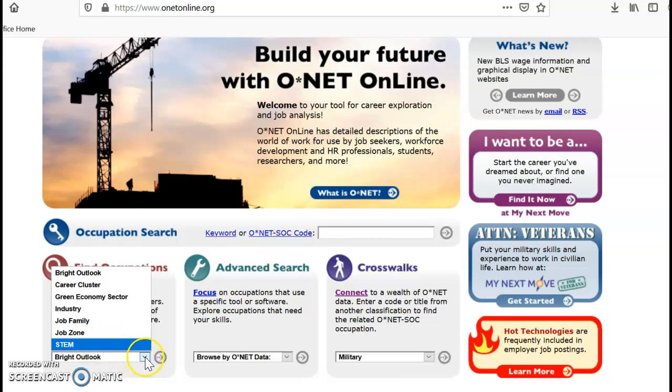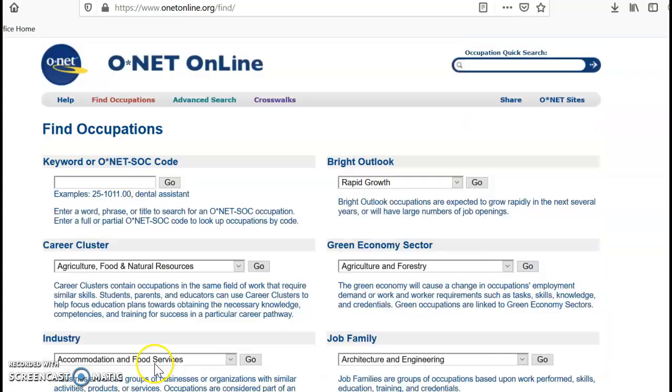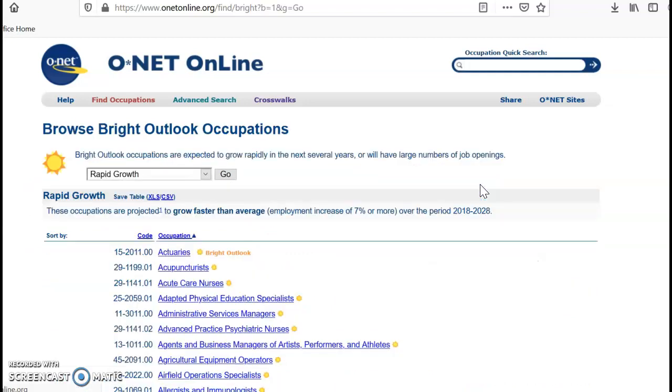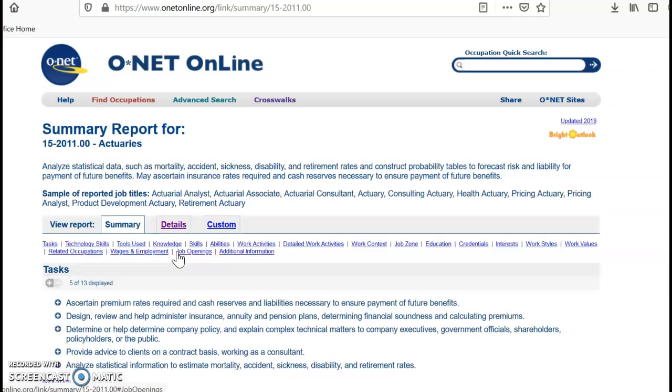So then if you open this up, let's go to Bright Outlook Jobs right here, Rapid Growth, and we will go to these occupations. And then let's open one up and just take a quick look. So here's actuaries. Do you know what that is? Let's find out. So we open up the actuary job,